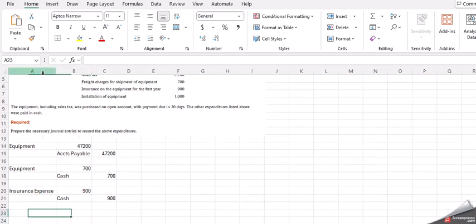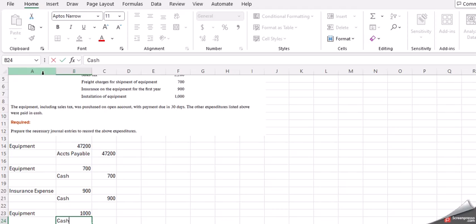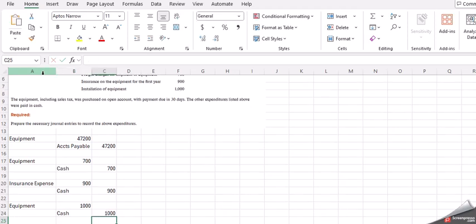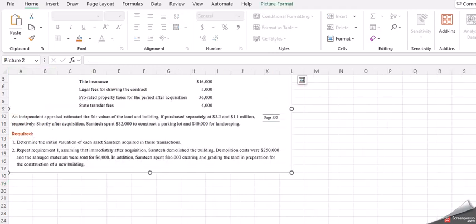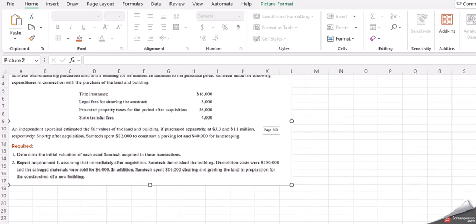Okay, then the installation of the equipment, that is going to be necessary to get it ready for its intended use. So that we would capitalize to equipment and then credit the cash. So just make sure it's something that is necessary to get it to its intended use. Then we're allowed to capitalize it. And when I say capitalize, I mean it goes to the actual equipment account. If it's something that occurs after we would get it there and it's going to benefit us in the future, then that's going to be expensed. Okay, then our next one, we have